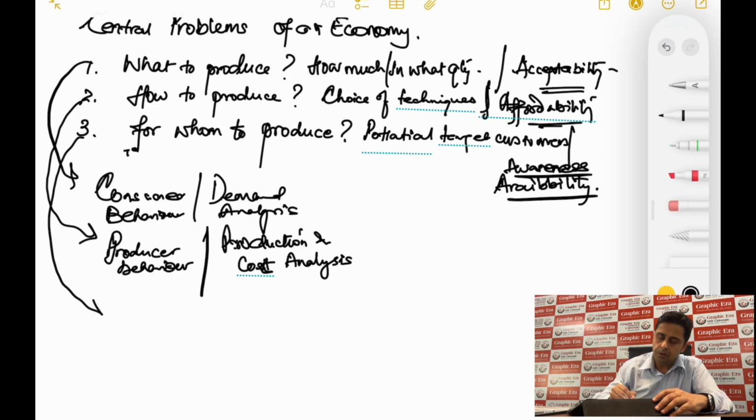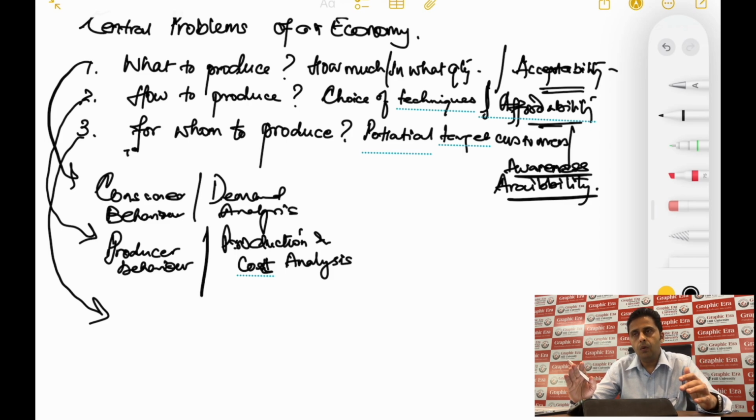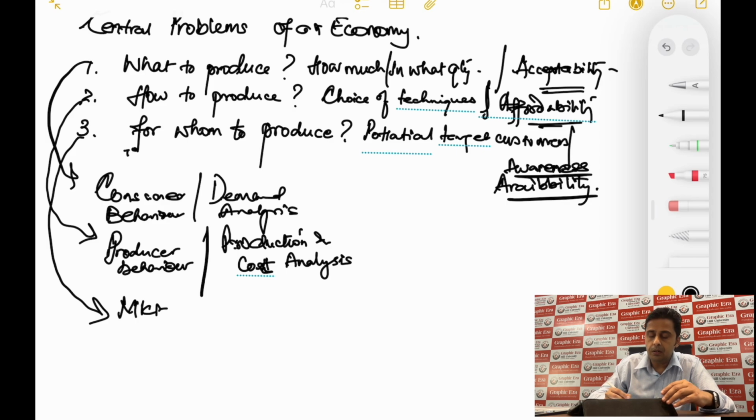And then the third question is about the markets, the external aspect. That is, once the product is ready and once it has been designed within the target cost to be sold at a target price for the right market, how do you reach out to your target customers? And this is what, though we talk about the problem related to awareness and availability, is more related to the market, and so we call it the market side of it,